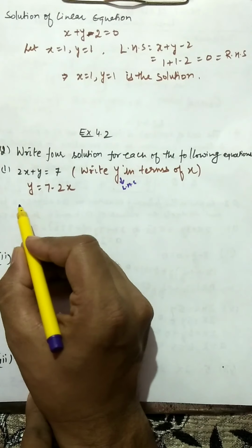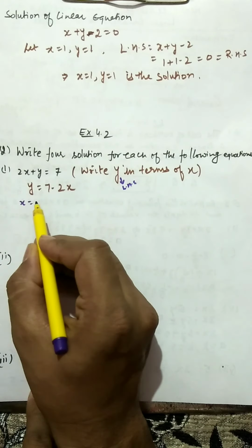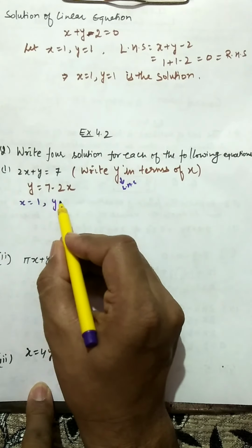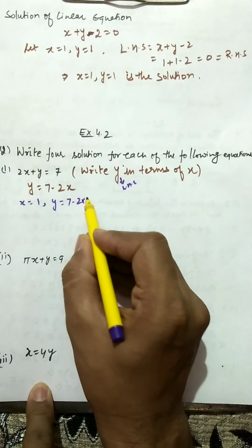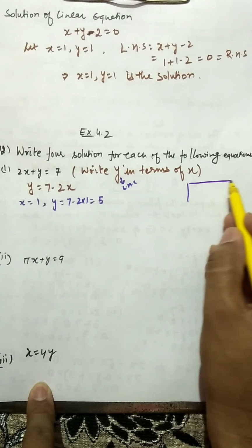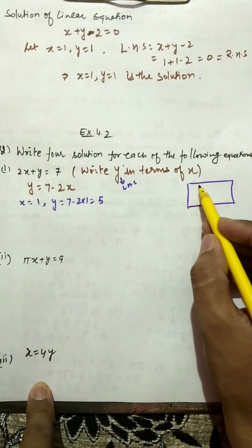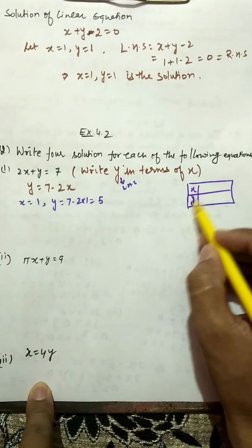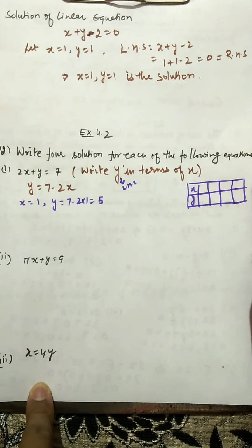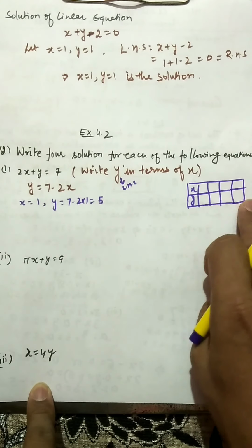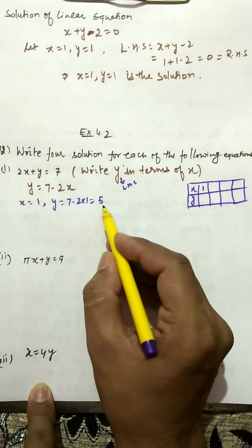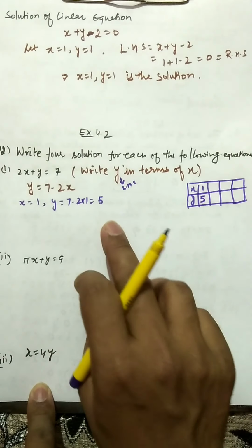So how to get 4 solutions? This is very simple. We start putting some values of x. So for example, you can take x equal to 1. So in this, y will be equal to 7 minus 2 into 1. So this is 7 minus 2, this is going to be 5. So this way you can substitute any value, and we make the grid also showing the solution xy. This is for first, second, and this can be for third, and so there are now 4 grids you can see. So we can put the values. First we have put the value of x equal to 1, and I have got y equal to 5. So this is one solution.